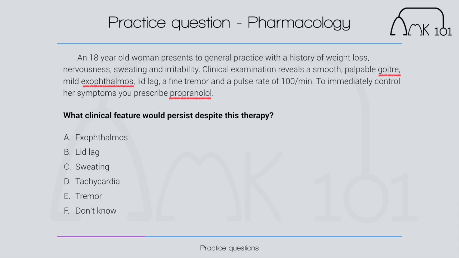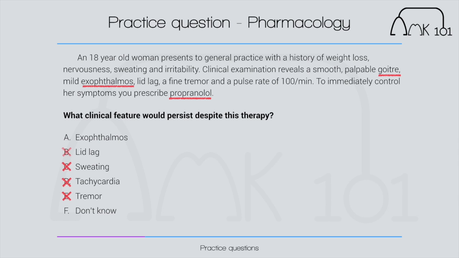The tricky thing here is then you're giving propranolol, which is a beta blocker, and it will block those sympathetic overactivity features, but the ones that are not due to sympathetic overactivity would persist. Well, sweating, tachycardia, tremor all sound like sympathetic overactivity, and they get better with giving a beta blocker. What about the eye signs here? Lid lag. Lid lag is due to sympathetic overactivity keeping the eyes staring and wide, and that will go away